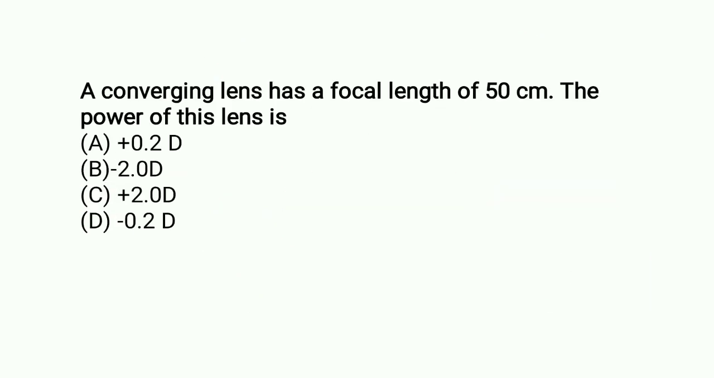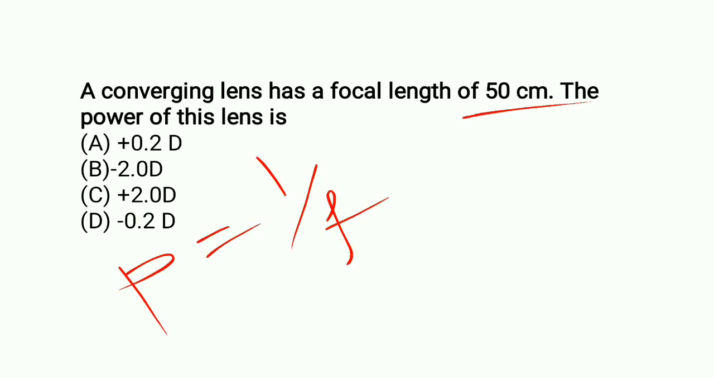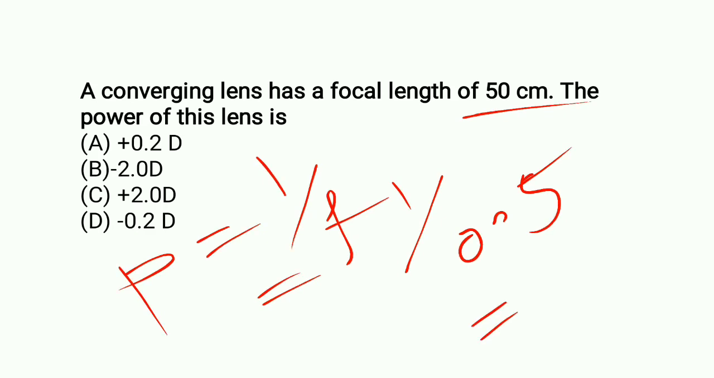Next question, a converging lens has focal length 50 centimeter. The power of the lens is, so as we know the formula, P is equal to 1 by F. We have to calculate the power, so 1 divided by F. F is 50 centimeter. Now convert into meter, so here you will get 0.5. 1 by 0.5, now you simplify this one, you will get 2 diopter. So plus 2 diopter is the answer. So here option C